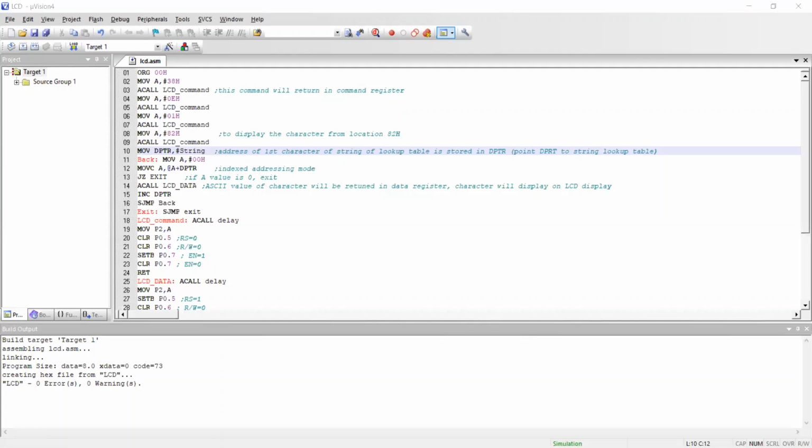Is it clear with the program? Let me know whether I am clear or not.